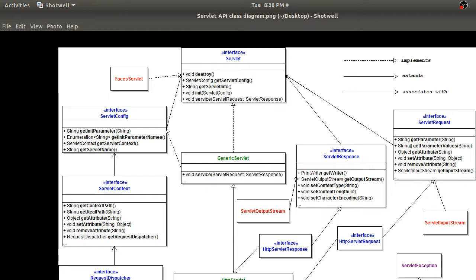Can you see the service method, do get method, and do post method? Service method is implemented here. So this is also a class giving implementation for your servlet interface, and also for servlet request, servlet response, and some other interfaces. This is called HTTP servlet.